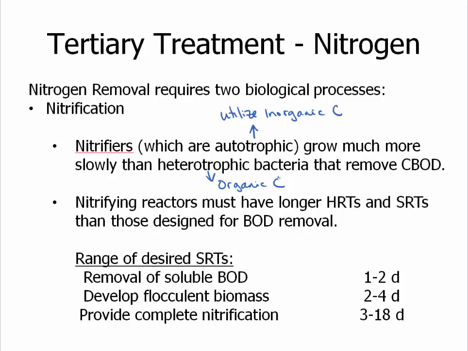Because these are slow growers, these organisms require very long SRTs in order to grow in the system. And so if we look here at a range of SRTs, if we simply want to remove soluble carbonaceous BOD, we could have an SRT of 1 to 2 days. This would be fast-growing organisms. But if we want to perform complete nitrification, we need that longer SRT in our system to grow those slow-growing